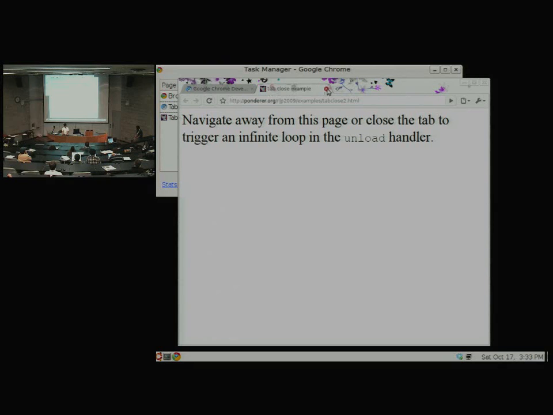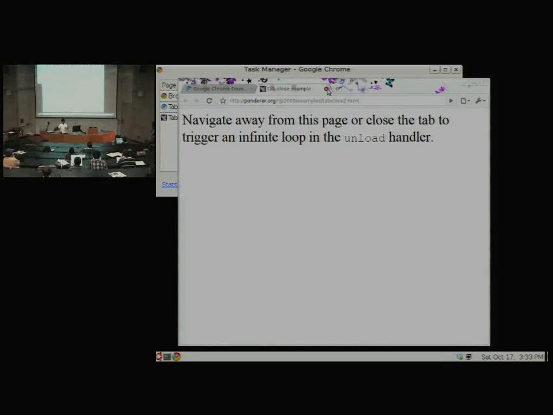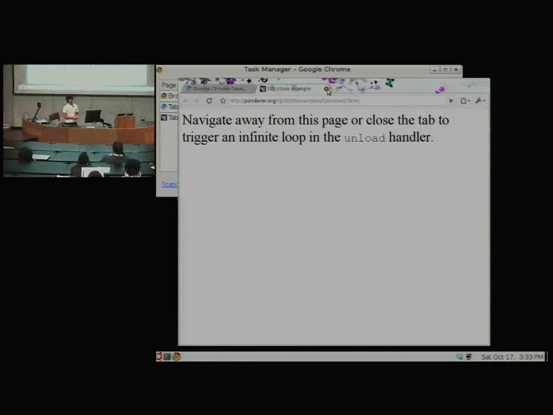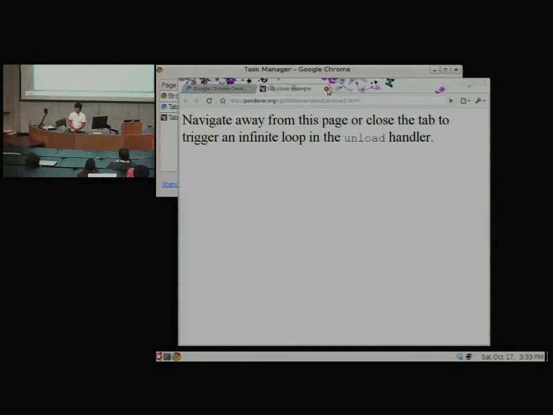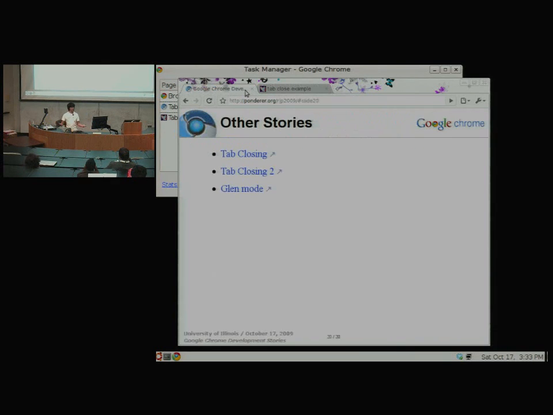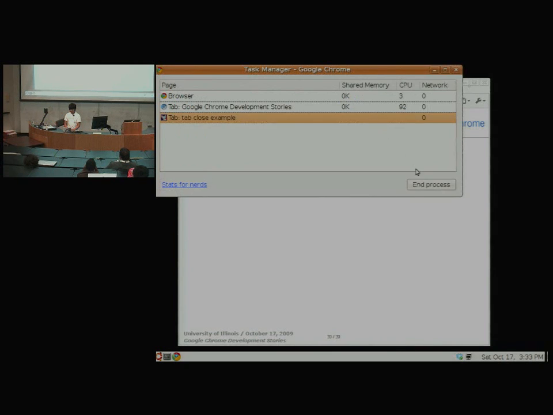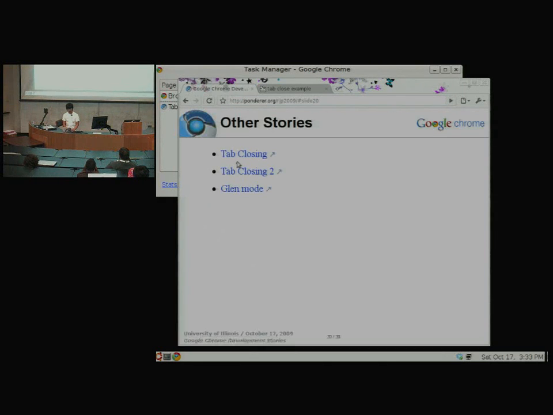And it's really frustrating to the user, because they're like, I'm hitting the X, why isn't it going away? So we talked about possibilities for what we could do in cases like this. We talked about maybe you could hide the tab, and then wait for it to close, and maybe it won't close, but who cares because the user doesn't see it. So at least when you hit the X, it went away. But that doesn't actually work. You can't do that. Let me kill that process. That doesn't actually work